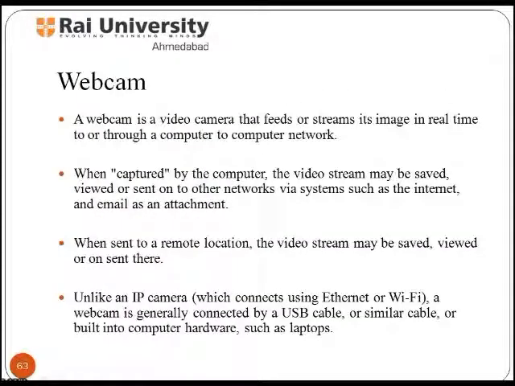Now moving further, you will come to know about the technical advantages of a webcam and its troubleshooting. As you all know, a webcam is a video camera that feeds its images in real time. Webcams typically include a lens and an image sensor, and they support electronic devices. They may also include a microphone for sound, and various lenses are available. They have fixed and variable lenses for focus.